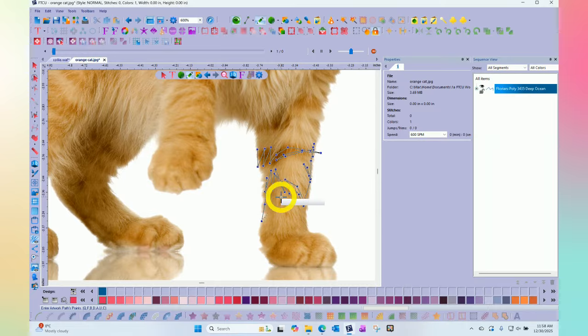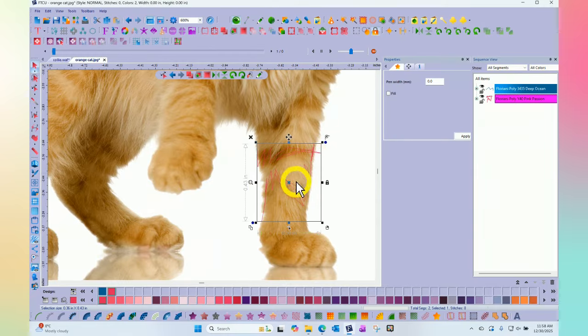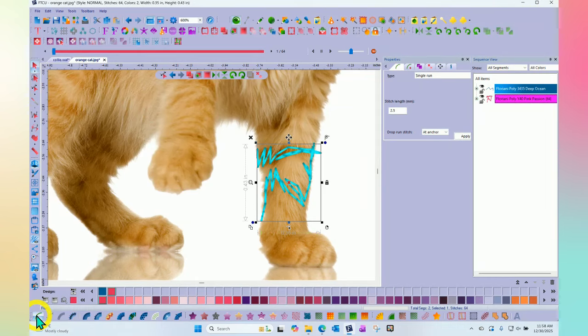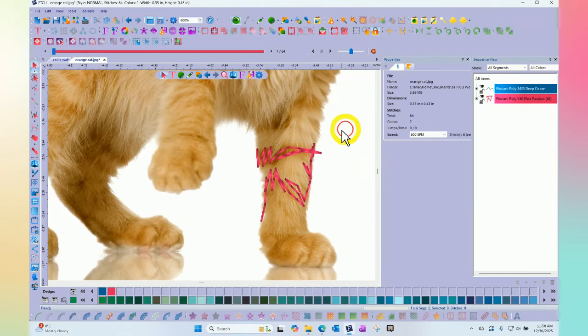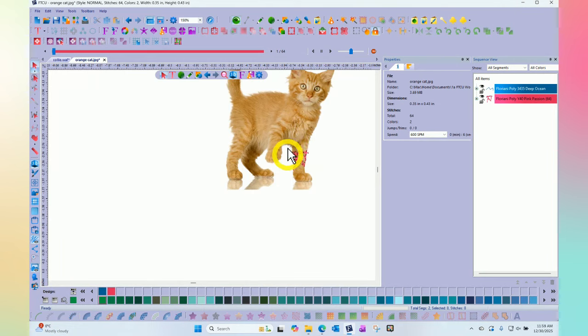So think of it almost like drawing with this thread. And when I right click, you can see that I've created some thread. If I turn on my 3D, you can see more clearly that this is not embroidery. This is simply artwork we drew. Now we would need to convert it into embroidery by clicking on run stitch to make it a run stitch. And so creating a thread sketch is really a matter of zooming into your photograph and clicking to make the